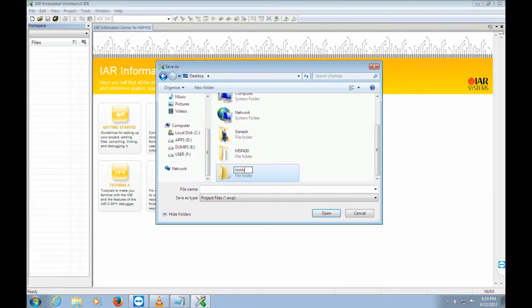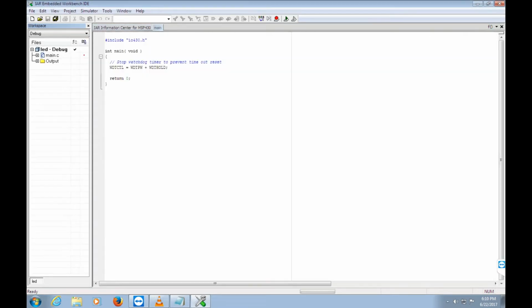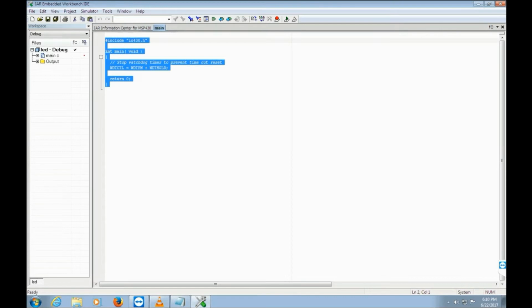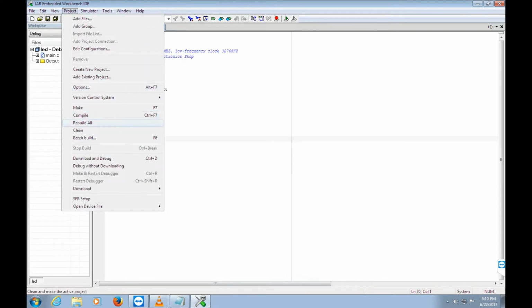Let me create a folder named HHHH, and you can give any technical file name. Let me take LED. When you click open, you will get the bare minimum code which is required for your program to run. I hope you are clear about what the watchdog timer is and how to control it. Let me copy and paste my